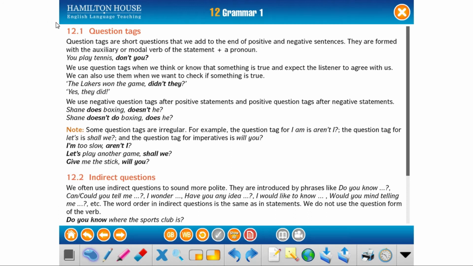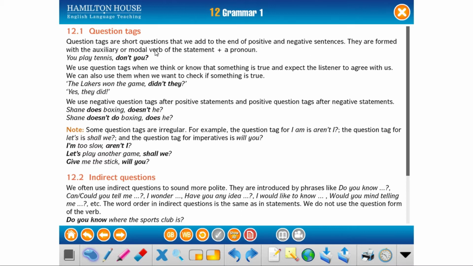Hello guys, today we're going to learn about question tags. These are short questions that we make at the end of a sentence when we want someone else to agree with us, or when we are not sure about it. These are short questions that we add in positive or negative sentences, and we form these question tags using the